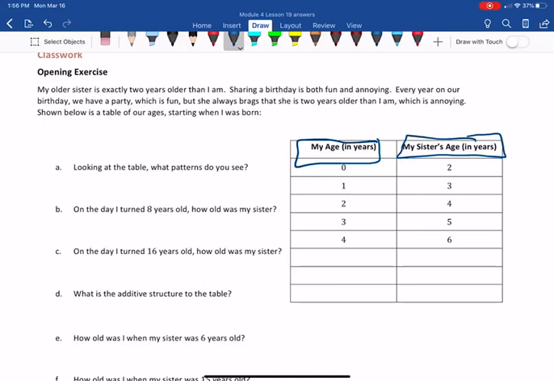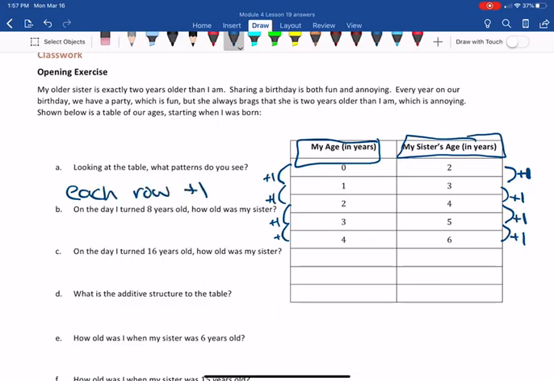So if you look at the table, it says, what patterns do you see? So on this pattern is you're going to be able to look like every time I add 1 year, over here I add 1 year. And then I just keep going. So I keep adding a year, I keep adding a year, I keep adding a year, which obviously if I'm getting 1 year older, so is my sister. So there's nothing crazy, no time holes, no loops, no nothing. So if I can see that each row